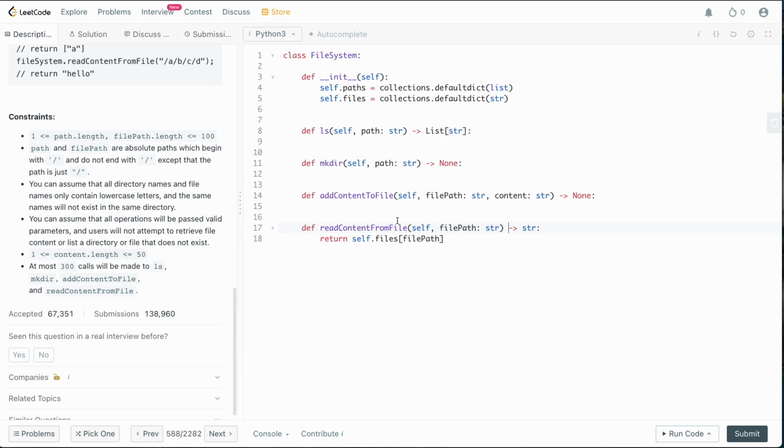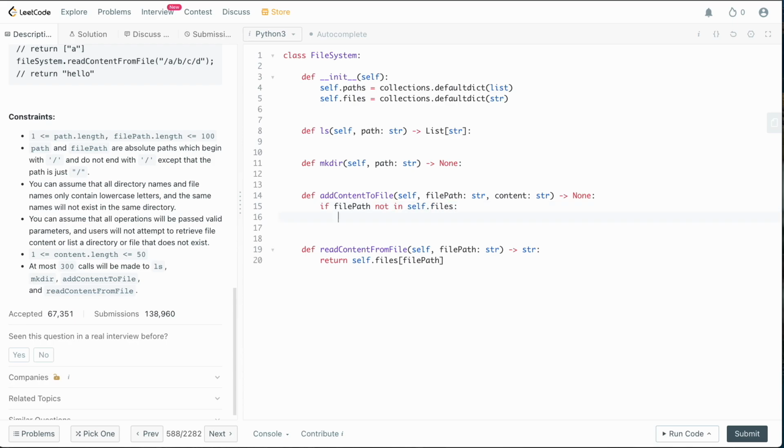Okay, so let's now define add content to file, because that one's also really simple. There are two cases: either the file exists or it doesn't. If it exists, we just need to add the content to it. If not, then we actually have to create the file and make sure that it's updated in our actual structure here. So we're going to say if file path not in self.files, so basically, if the file doesn't already exist, then we want to make it, and we're going to use our mkdir